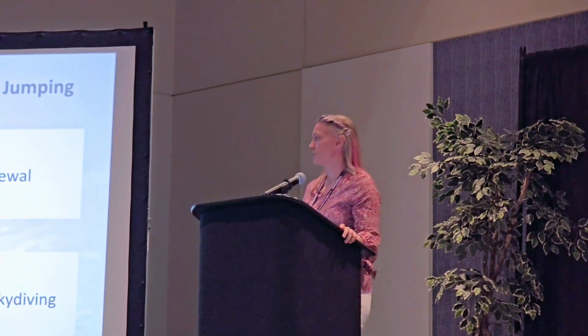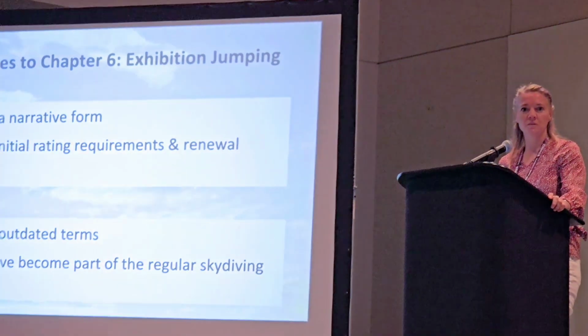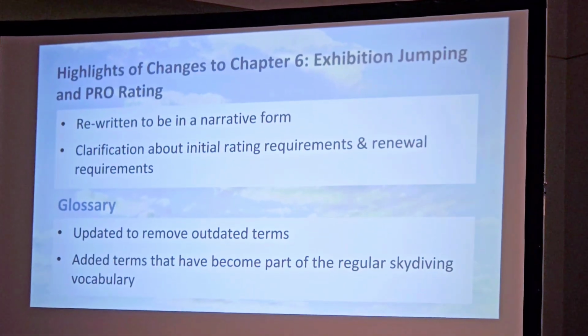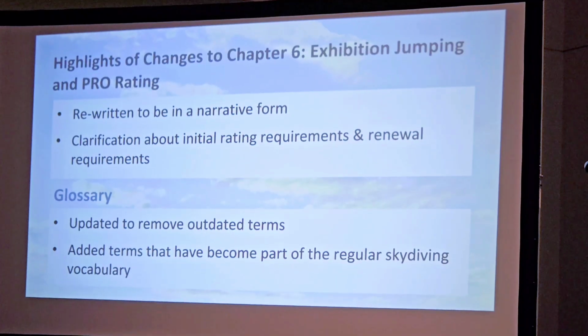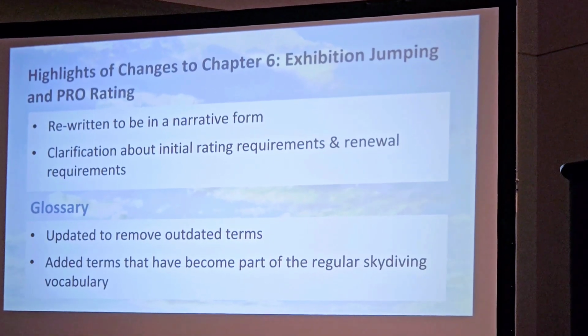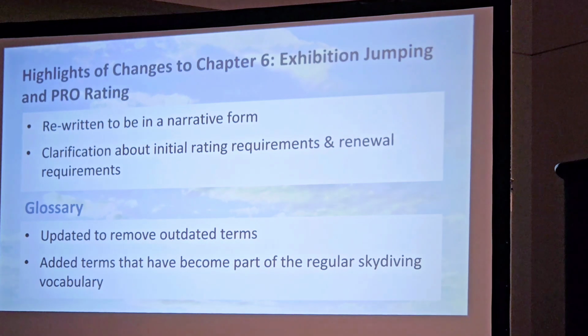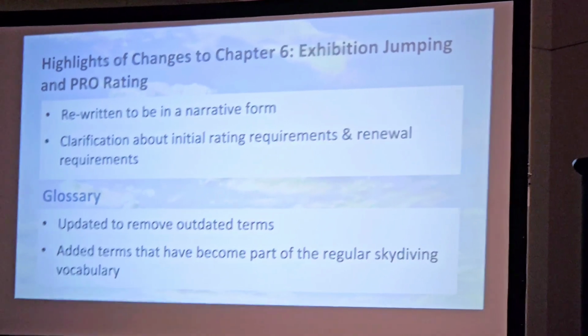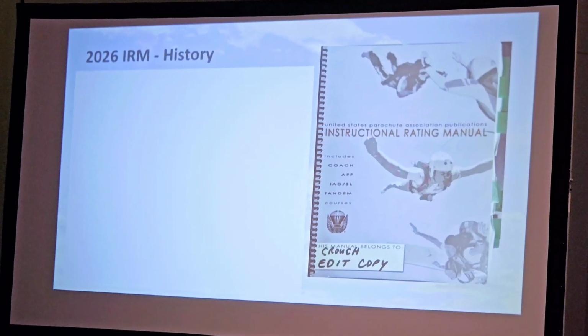And then in the glossary, we removed outdated terms. One of the terms we removed is Mae West. I don't think anyone's called a spinning canopy a Mae West in over 20 years, just to give you an example of one of the terms that we removed. And then we added a few that have become part of our vernacular. And so that was the major change to chapter 6. And then